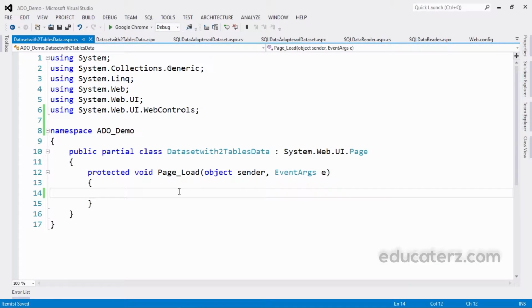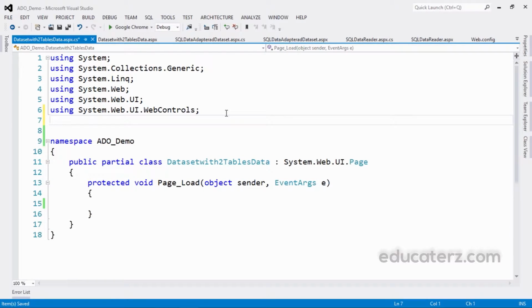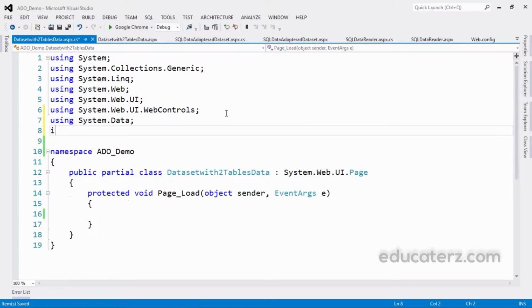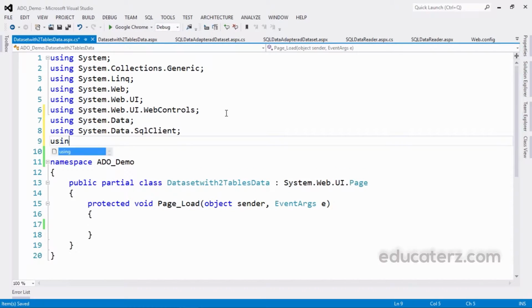In order to use SQL database, we should use some namespaces. I keep on telling this in each session because this is a very important thing, otherwise you cannot use this anyway. ADO.NET: one is System.Data, another one is System.Data.SqlClient, another one is System.Configuration.